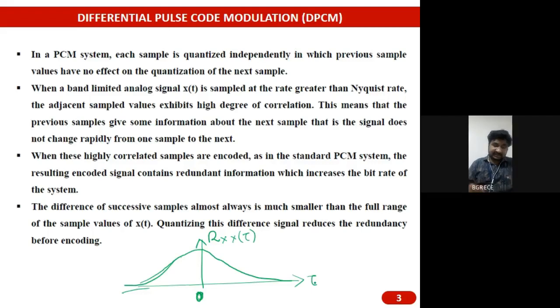So if we do the sampling with the sampling duration Ts very close, the correlation will be more. At the same time, if we have a larger sampling time, then the correlation will be very less. So if the correlation is more, there will be redundant information in the number of levels in the quantizer as well as in the output of the encoder, because the total levels are converted into some number of bits at the encoder side.